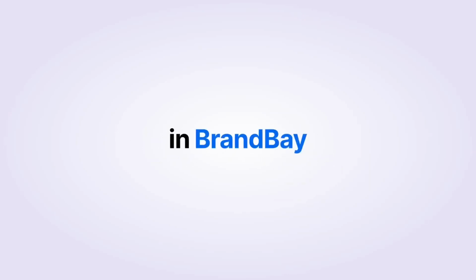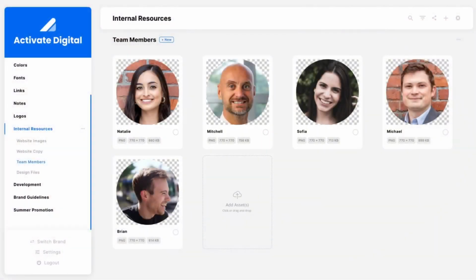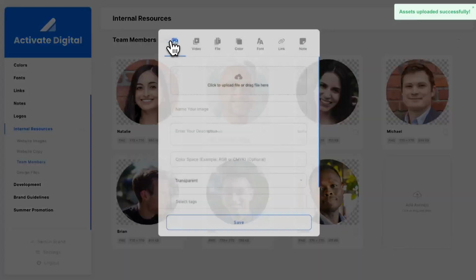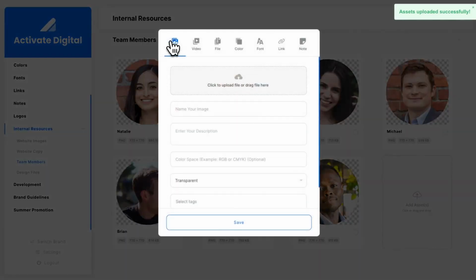Managing your assets in BrandBay is simple and flexible. To upload images, videos, and files, you can either click or drag multiple assets onto the Add Assets area. Or, to add individual assets, click the New button on the top left if you desire to add assets like